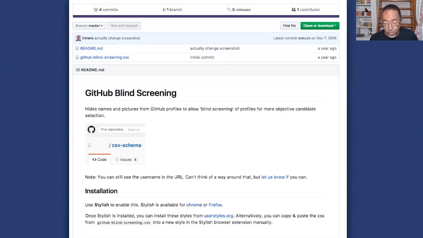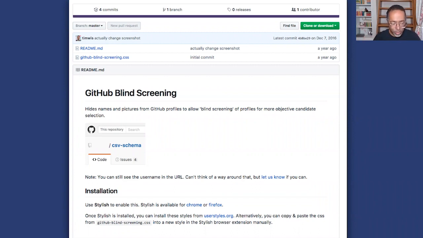Now, the city of Philadelphia did in fact do a round of anonymized hiring for a web developer position. They found out a couple of things. One, the best way to anonymize a resume, even in the high-tech world of web development, is to physically print out the resume, get a marker, and redact it like a CIA document. The next thing that they discovered is that once they found a resume they liked, they would want to go to GitHub, which is a code repository, to kind of see that web developer's portfolio.